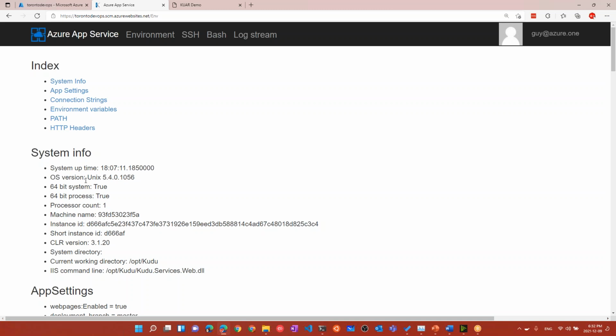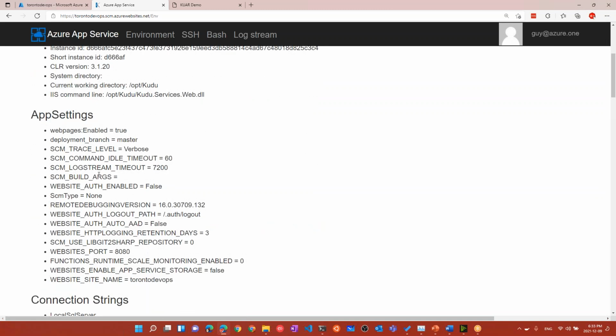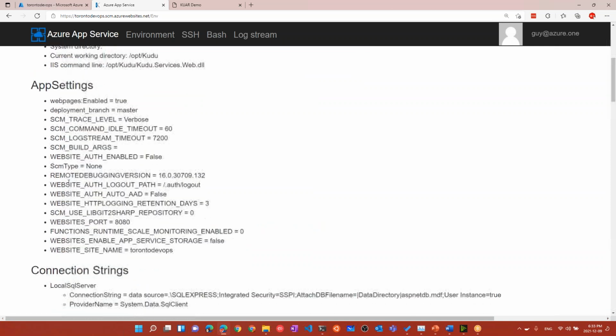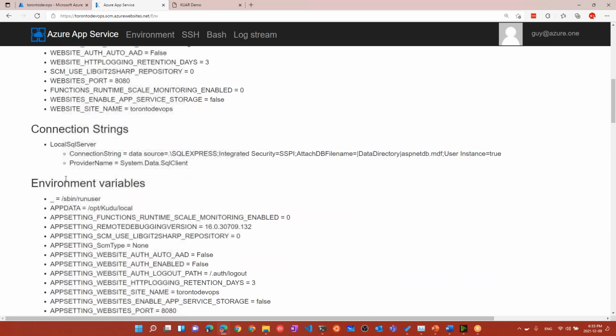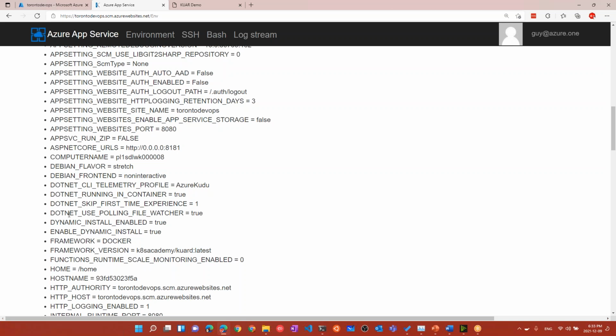So this is very useful if at some point your developers tell you, well, I'm looking for that environment variable that was supposed to get the connection string to the database, and it's not there. Well, with just a few clicks, you can double check whether the environment variable is there or not. If it's there, you can tell the developer, well, you have the wrong name or whatever,